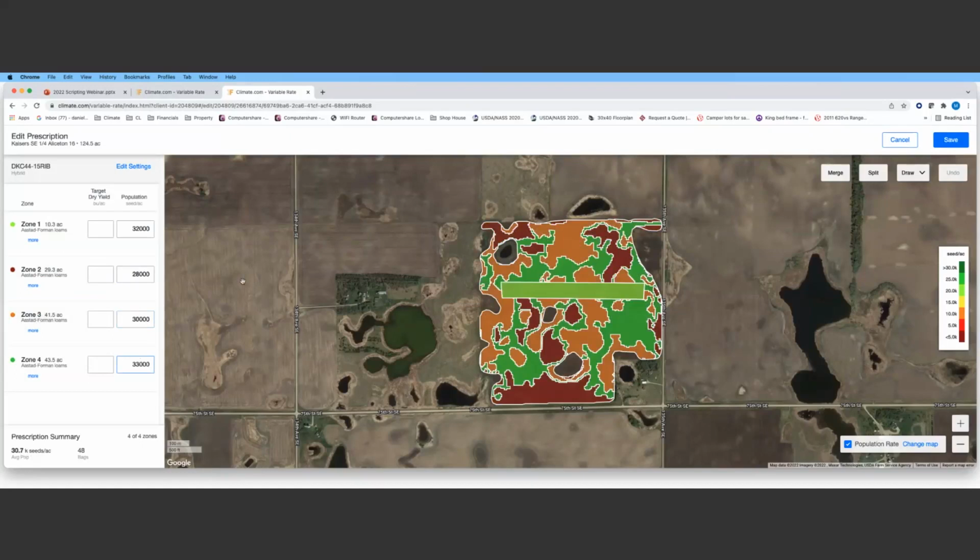If I understand the question right, if I wanted to put multiple hybrids in this test block, am I able to do that? The answer is yes. You can put as many hybrids as you want in this test block. If you're not sure exactly where you're going to run out when you come into this field,